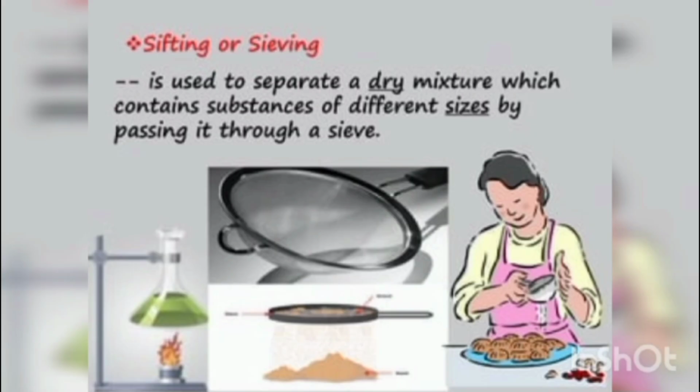Hand sorting means that you are manually separating different things, like picking stones out of things, or cleaning beans or cereals. Usually your moms do this kind of activity at home. Okay students, you have to give me a few examples of hand sorting and sieving while watching this video in a voice note. Now, what is sieving?